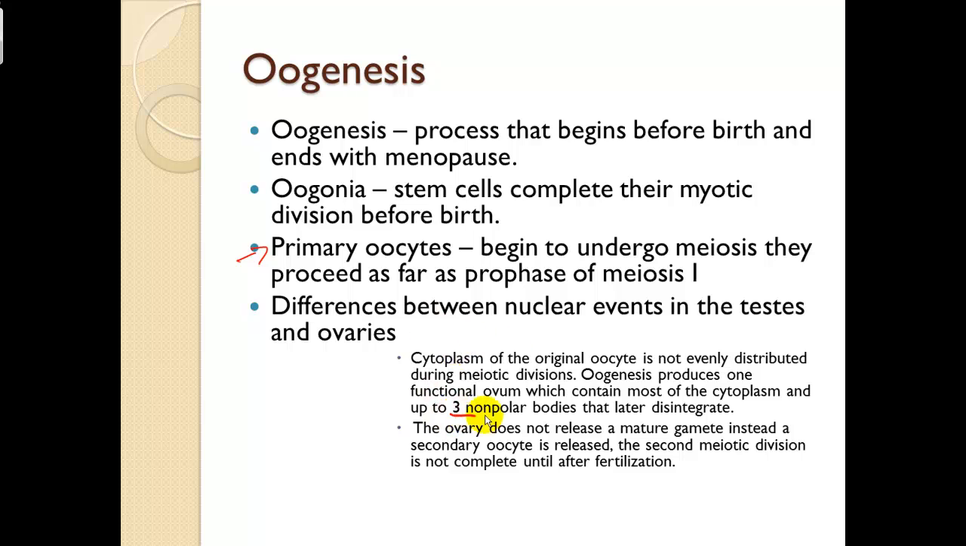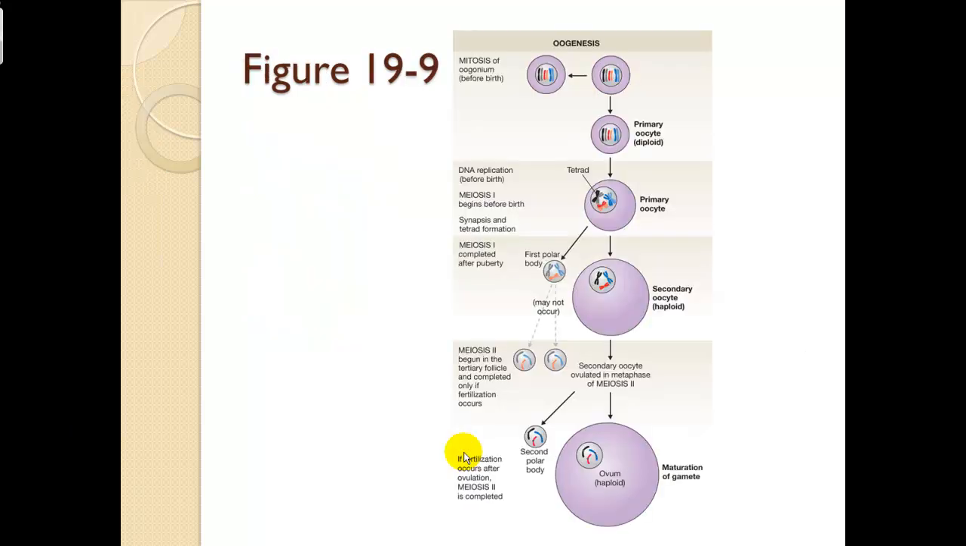These polar bodies give up their cytoplasm so that the egg that is produced, the secondary oocyte, has the greatest ability to continue on and flourish and develop a fetus. The ovary does not release a mature gamete. Instead, a secondary oocyte is released. The secondary meiotic division is not complete until after fertilization occurs. So as we talk about the cellular divisions that occur,